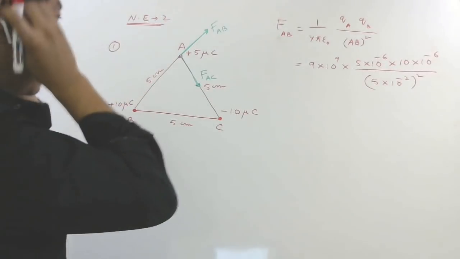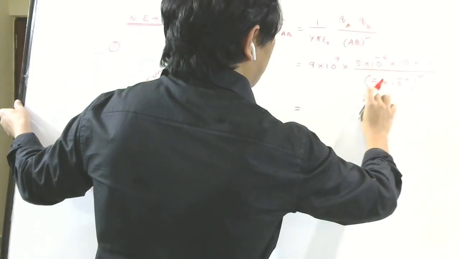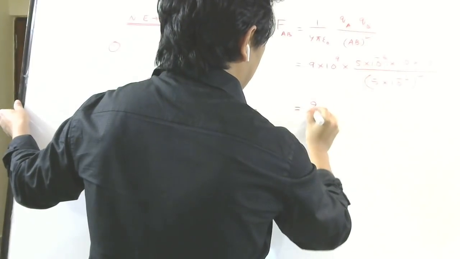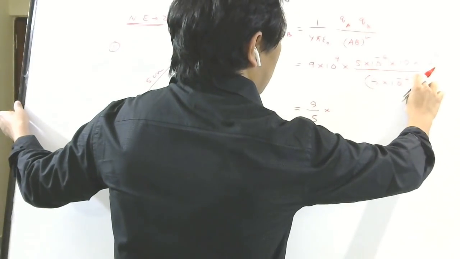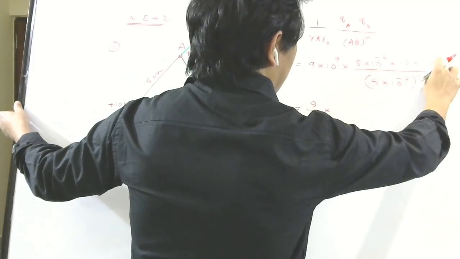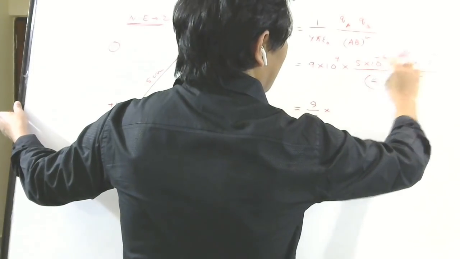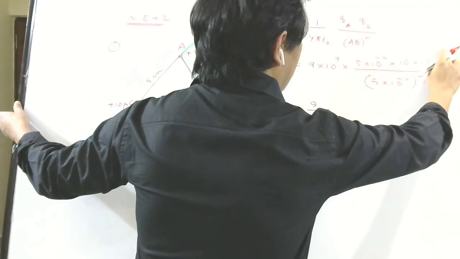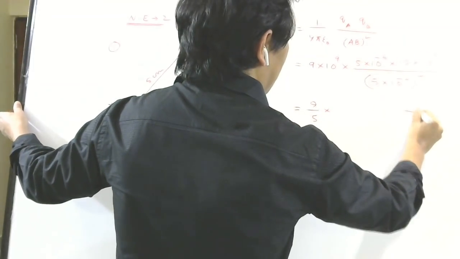Okay. So let us now calculate. So this 5 square will be 25. Then 5 divided by 25 will be 5 here. So it will be 9 by 5 into, 10 power minus 2 whole square will be 10 power minus 4. Minus 4 will go up, plus 4. Plus 4 minus 6 minus 2, minus 2 minus 6, minus 8. Right? Yes or no? So this minus 4 will go up, plus 4, sorry. Plus 4 minus 6 minus 2, minus 2 minus 6, minus 8.